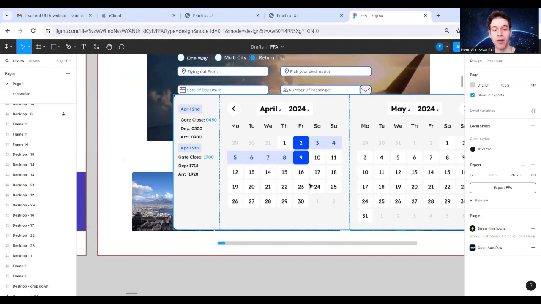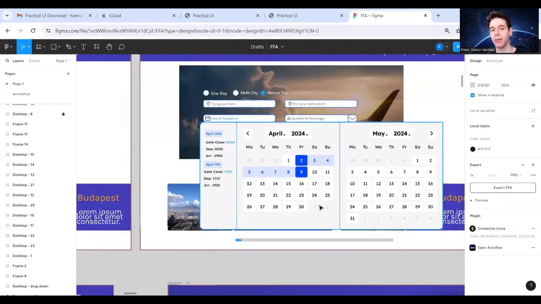instead of having the little pop-up here in this area for the actual hourly time, the concept would be that I click on this and then it would come up. It leaves at 4:50 in the morning, or gate closes at 4:50 in the morning, departs 5 o'clock, gets in at 9 o'clock. And click on when you want to return, again the 9th of April 2024, boom, same thing